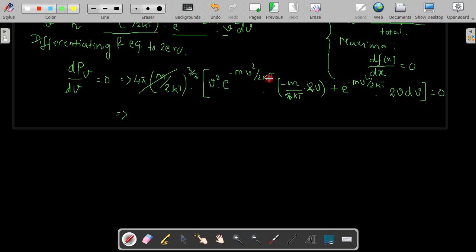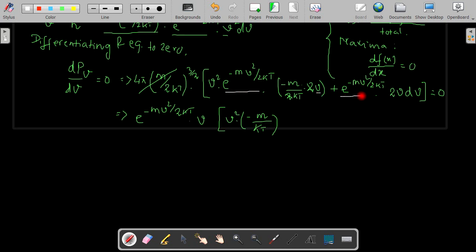If we take this outside, we can write down e to the power minus mv square divided by 2kt, that is something which is common, and then we can take out one v here, so we can take this v common, and inside we are left with v square, and we can write down minus m by kt, right? So I hope it's clear to you, because we have taken this one common and we have taken a v